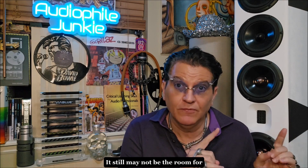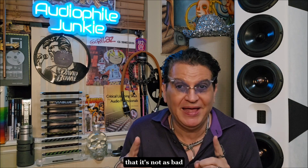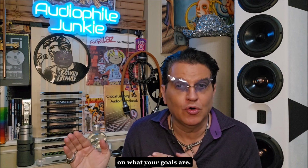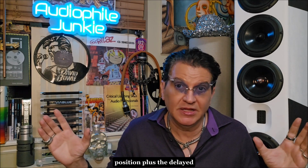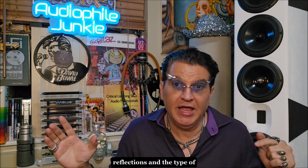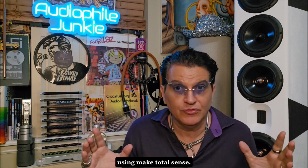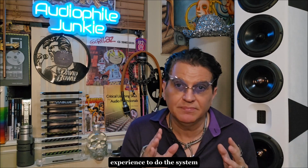It still may not be the room for you, but you have to understand that it's not as bad as it seems, and it may be ideal depending on what your goals are. So the combination of a seating position plus the delayed reflections and the type of directional speakers he's using make total sense. And that's why pairing up with a guy like Rick Brown, who has that experience to put the